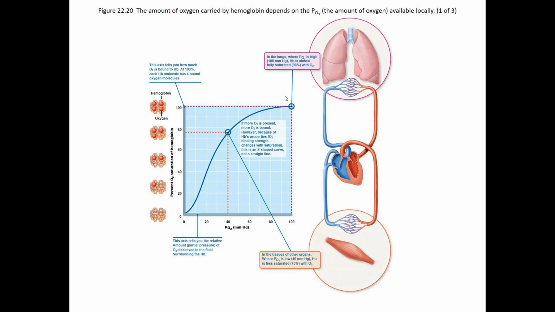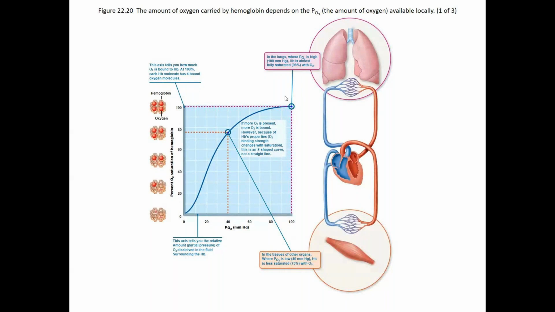One thing that's interesting about the saturation curve for oxygen is that it's not linear. The willingness for hemoglobin to let go of its oxygen is not constant. And for most of the partial pressures that we're going to experience, hemoglobin is really unlikely to let it go. It's not until we get really, really low, say go from 100 millimeters mercury to 40, like we see in the tissues, that we even get rid of 1,